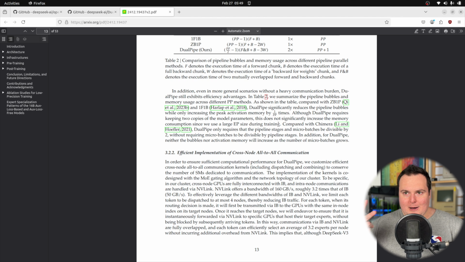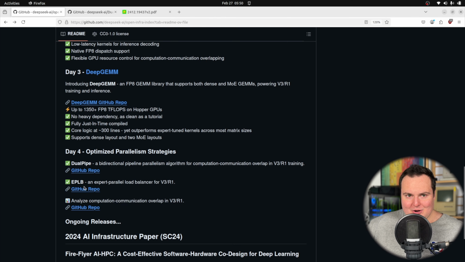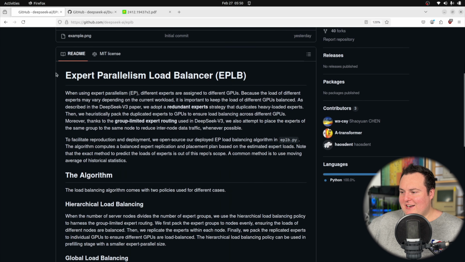So having 2 copies of them kind of allows that to occur. All right, so the other one is EPLB, where if we click on this real quick, it is Expert Parallelism Load Balancer. So expert parallelism, of course, relates to mixture of experts models and things like that. So essentially, when using EP, different experts are assigned to different GPUs. Because the load of different experts may vary depending on the workload, it's important to keep the load of different